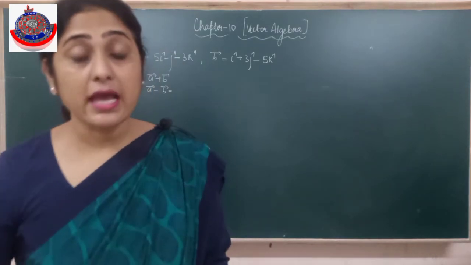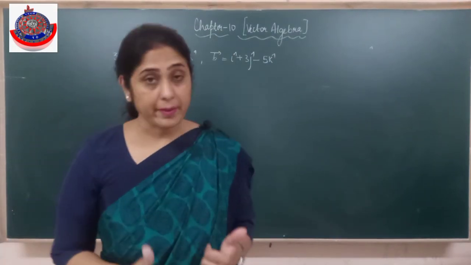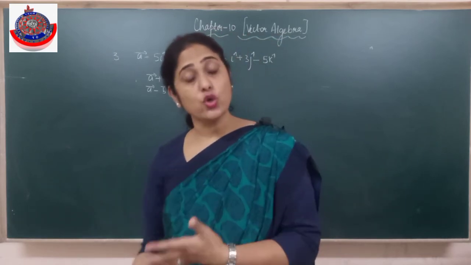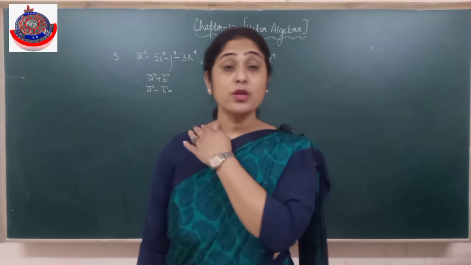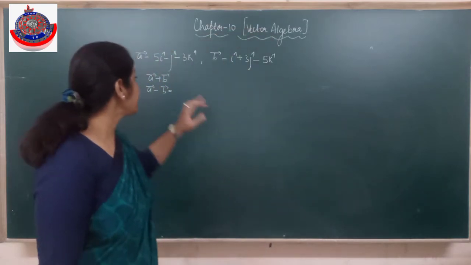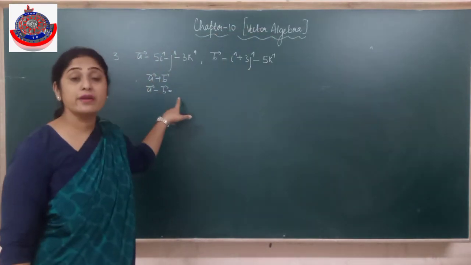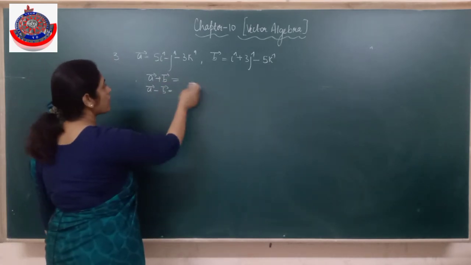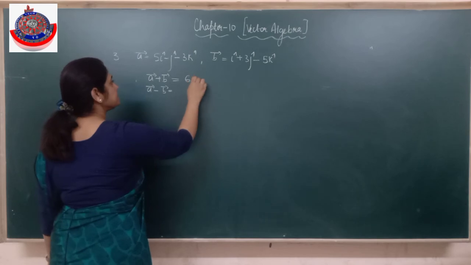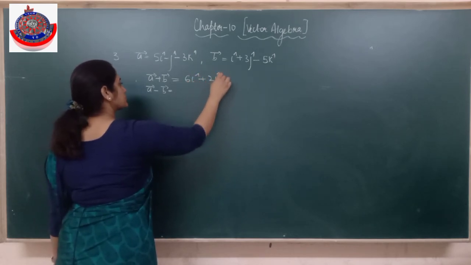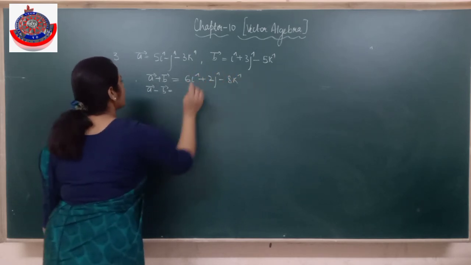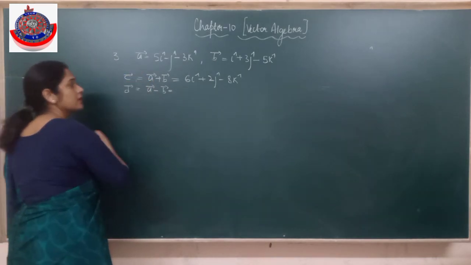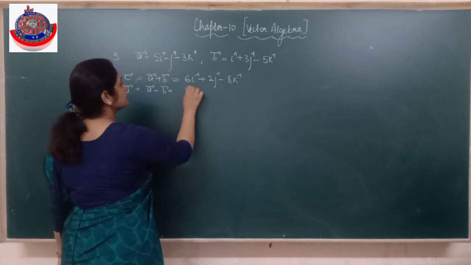First of all, I know how to prove perpendicular vectors, we have done it in the dot product. If the dot product of the vectors is 0, then the vectors are said to be perpendicular and vice versa. So if I have to prove these two vectors perpendicular, their dot product should be 0. First let's find these vectors. A plus B we know how to add. Let me name the difference as well. So this is C vector and this is D vector.